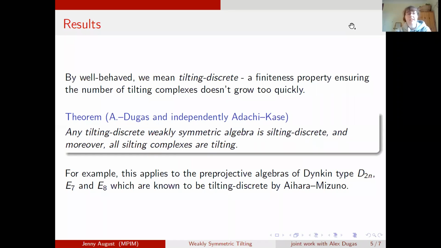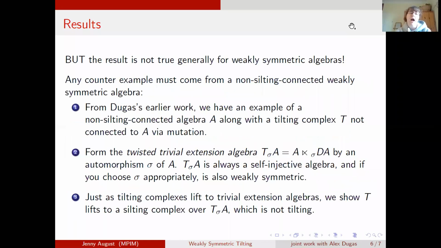So I want to turn now to perhaps the most interesting part, and the fact that we have an example of a silting complex over a weakly symmetric algebra that is not tilting. So instead of giving you the explicit example, I thought it was more insightful to say, how do we go about finding such an example? And from the results I've already given, you can see that in fact any counterexample must come from a non-silting connected weakly symmetric algebra. And as far as I'm aware, there weren't really any explicit examples of such algebras in